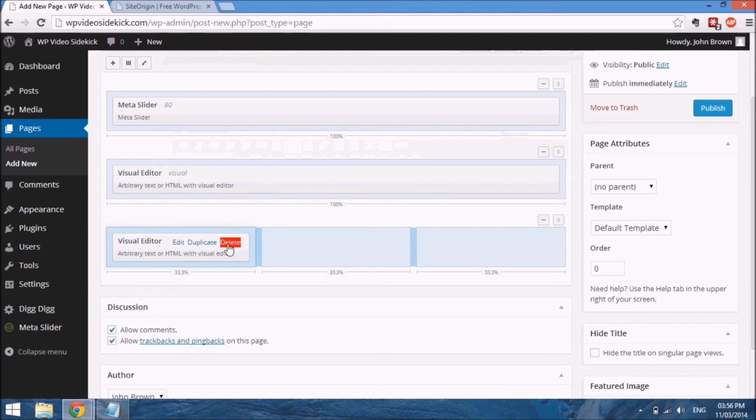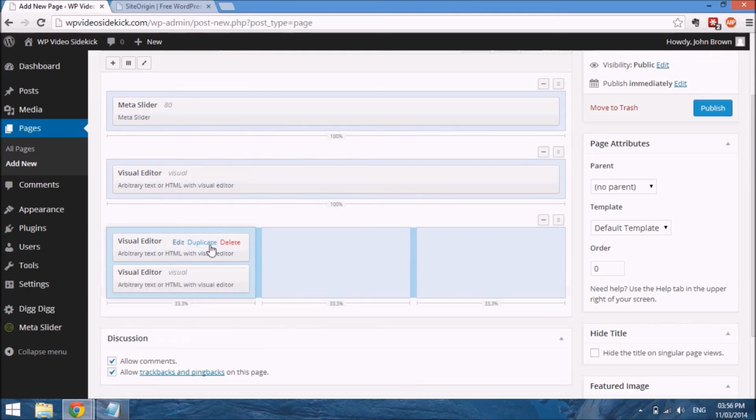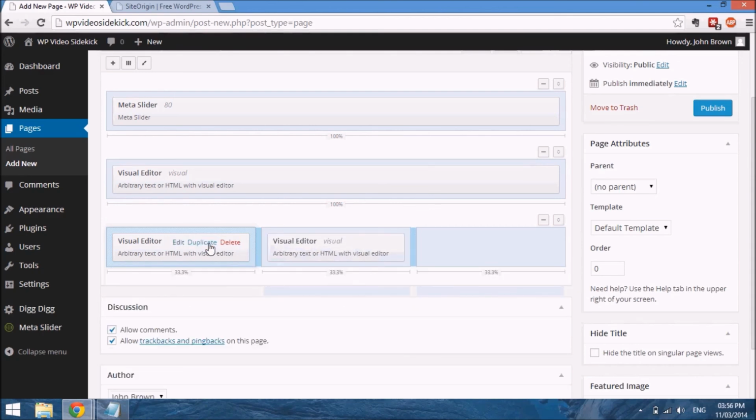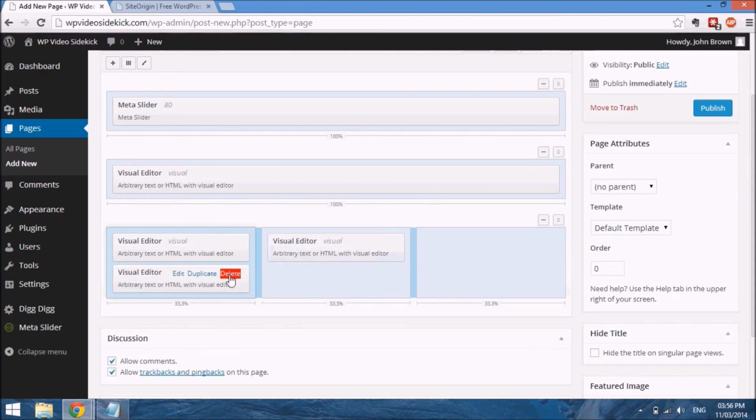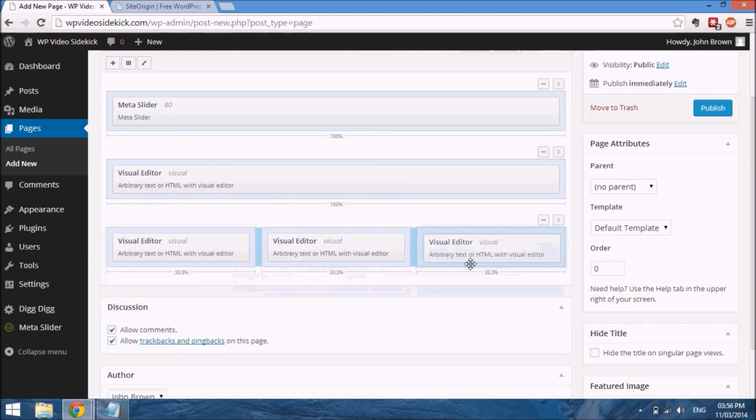And then I'm done. And the wonderful thing that you can do, so instead of doing this 3 times for each of the columns, I can just duplicate this, and I can just drag it over, and again I can duplicate, drag it over. So instead of having to select the widget again,